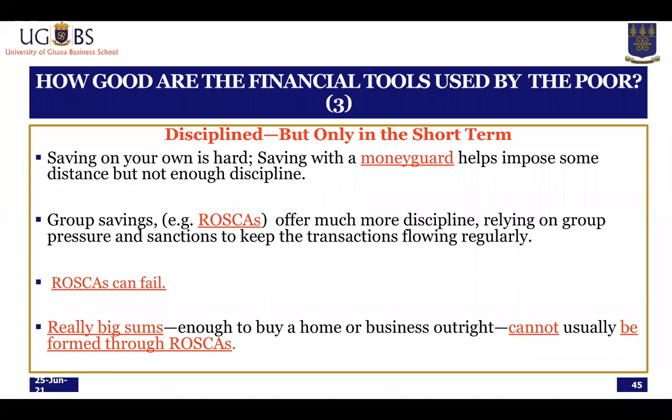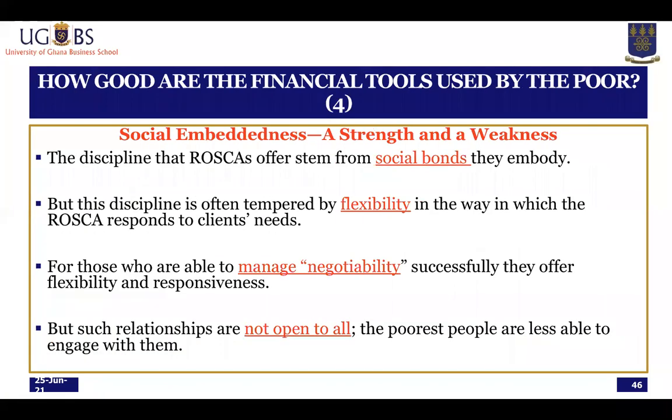So now when it comes to really big sums, however, enough to buy a home or set up a business sometimes, usually cannot be accessed through these Roscas and informal avenues. And that is where you realize that there's a limitation to the goodness of the financial tools being used by the poor. So then the question is, we need to provide them with these services. Now,